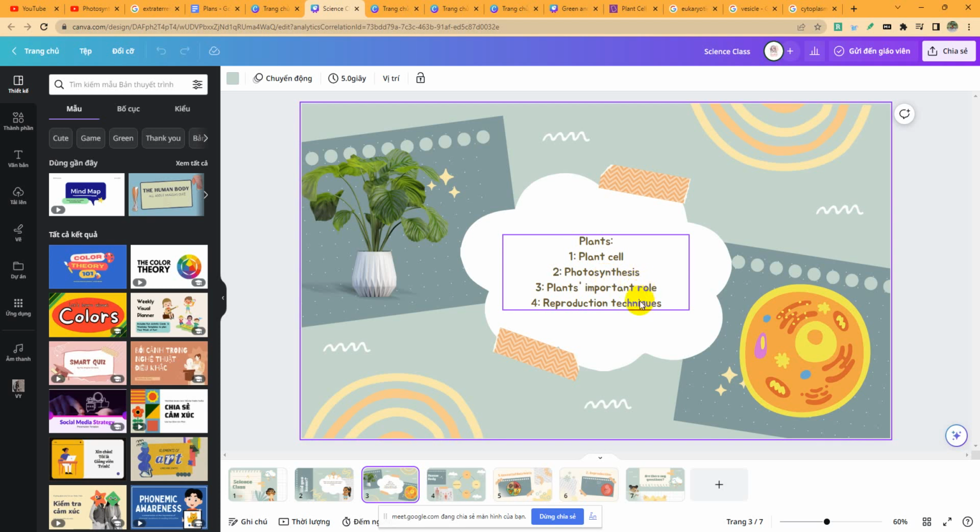Now let's come to another, I think a little bit captivating concept: reproduction techniques. In the previous lessons, we've already gone through some reproduction techniques of plants, which are